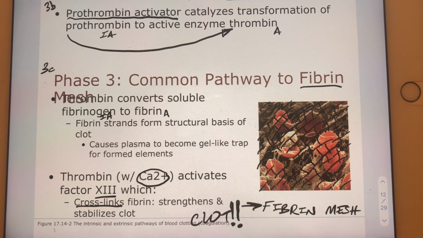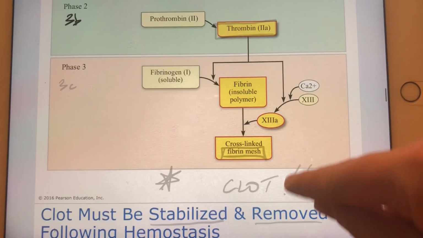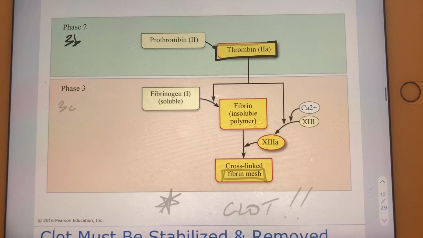Just in case you need the visual assistance, here's what we just called 3B. Okay, and again, its yield is activated thrombin. And here's what we just called 3C, and its yield is fibrin mesh. Okay? All right, well, we've got a clot. Yay, we have a clot. Okay, but we're actually not done with this whole process